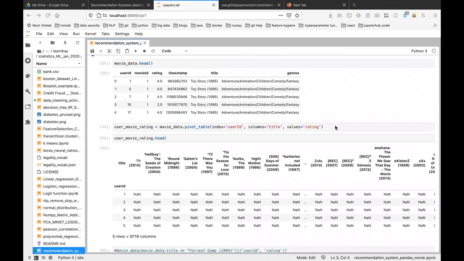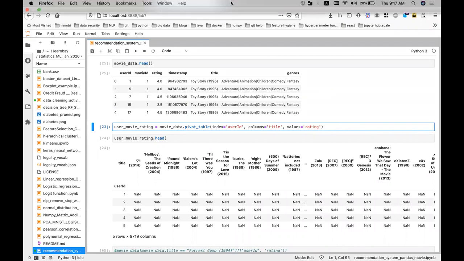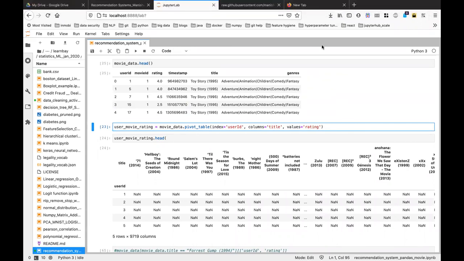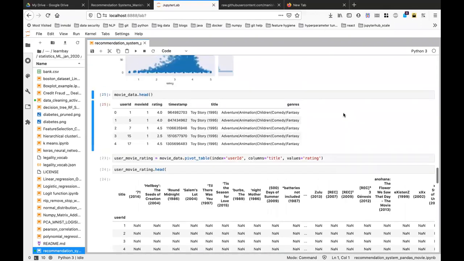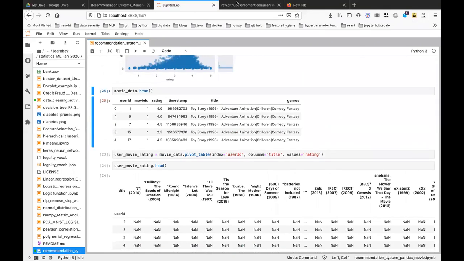Now, how many people know pivot here? Do you guys know what pivot means? Yes, it's kind of Excel. Yeah, whoever has used Excel will be familiar. What about others? Okay, so pivot is sort of, I would say, a little bit similar to transpose, but the only difference is, so pivot is present here actually. So this is called pivot.